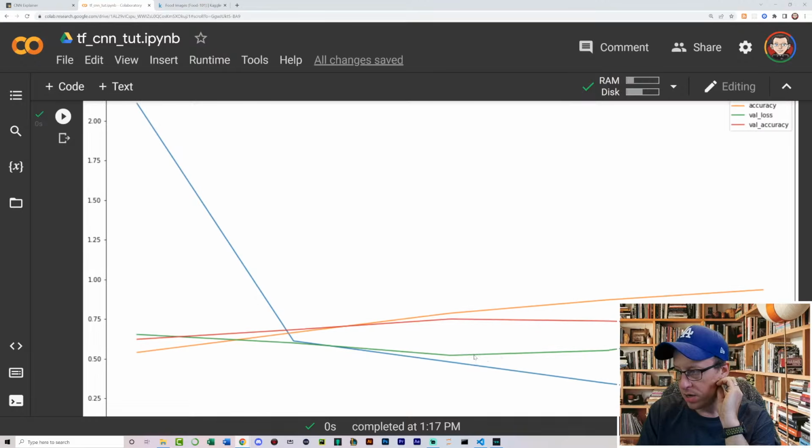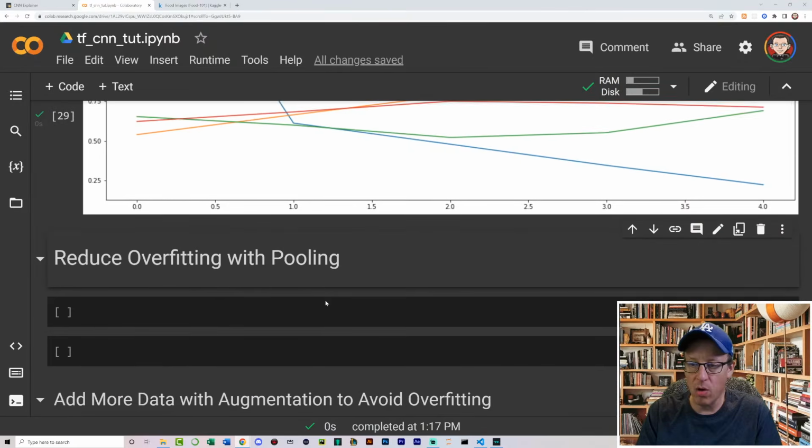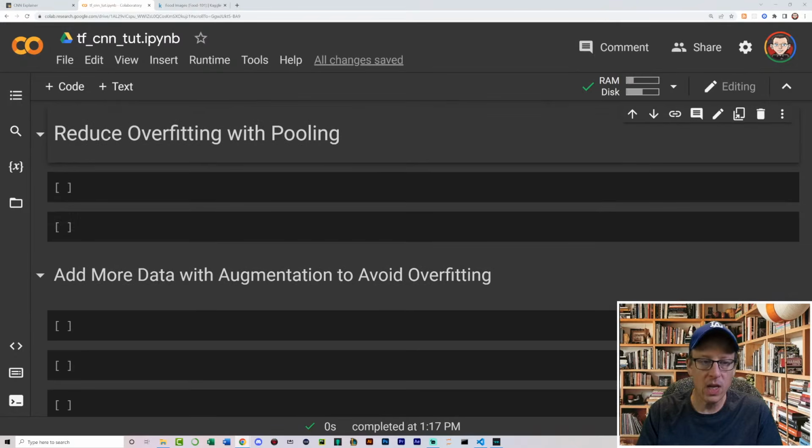However, you can see that whenever we use our validation data or our test data, the loss is rising, and that is not good. And our validation accuracy is actually going down. So those are all bad things. And this is a sign of what we call overfitting. And overfitting is probably best understood